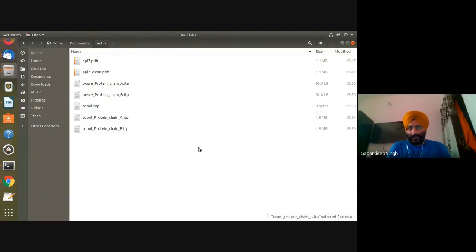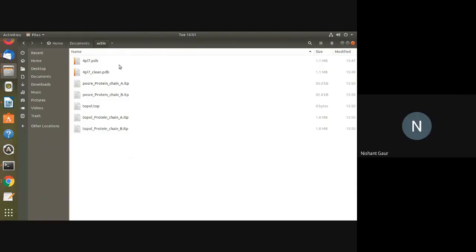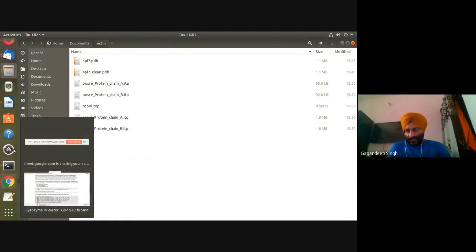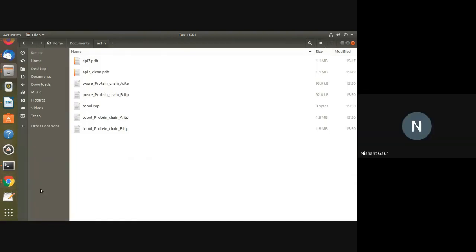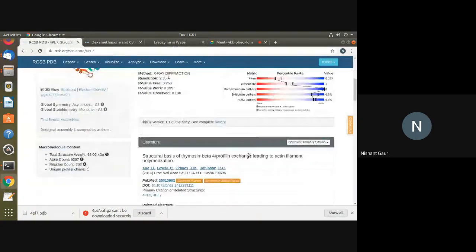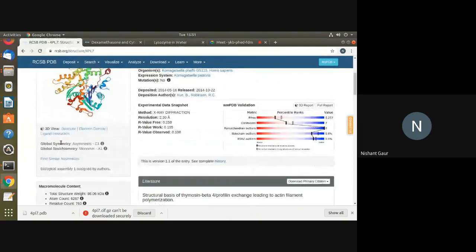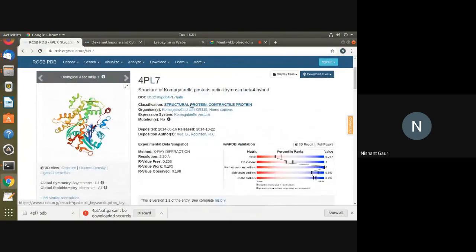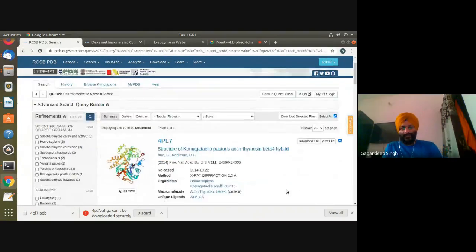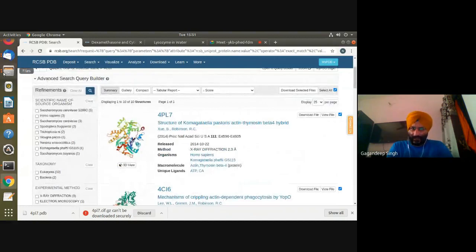You have not selected a particular chain. There are separate chains A and B. Just try to find a structure with a single chain. Actually, we have selected a structure with multiple chains. Just show me the folder again, processed.gro is an empty file.